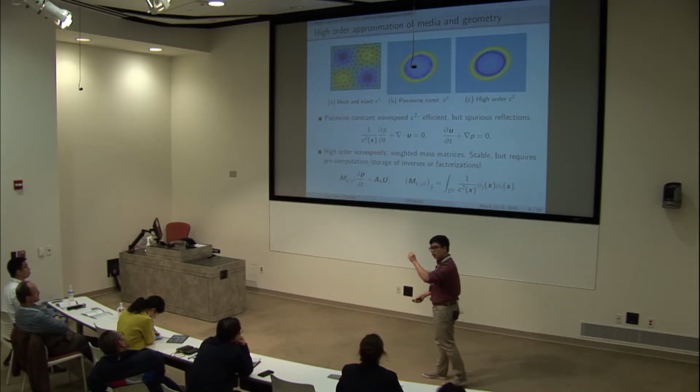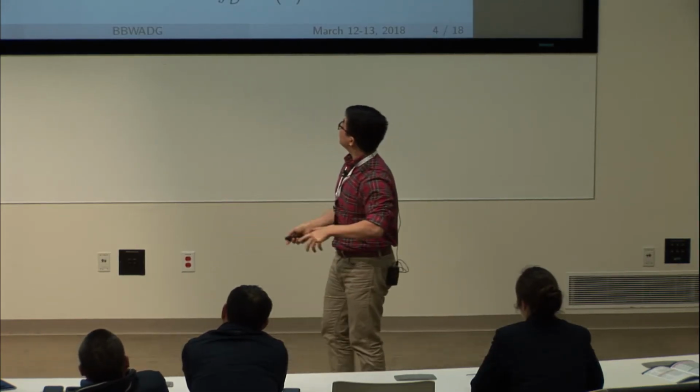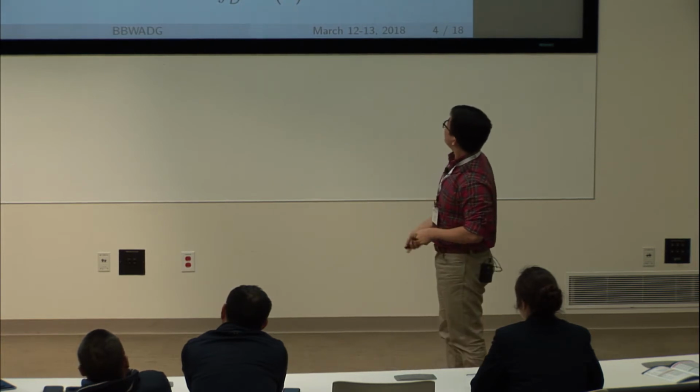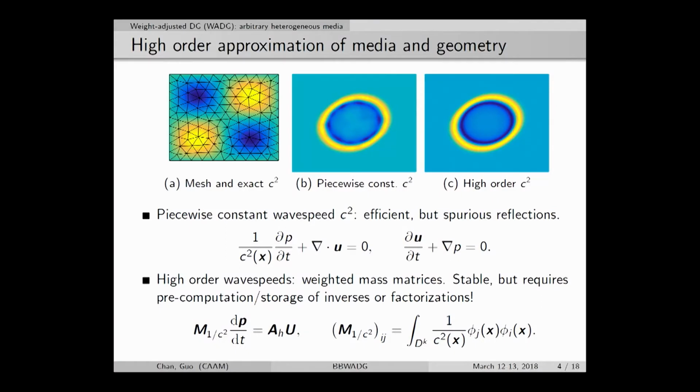You can see it has some spurious reflections, some weird irregularities that don't really jive with the type of smooth wave speed that you have here. If you instead use a high order polynomial approximation of the wave speed, then these spurious reflections all disappear. So this is the reason why this is still interesting: piecewise constant wave speeds are much more efficient